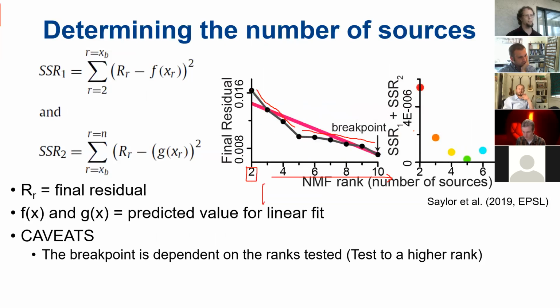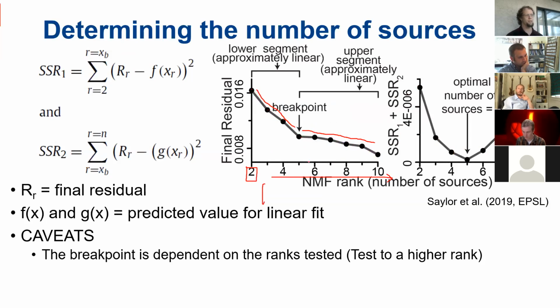When my breakpoint is at 3, that would be the sum of squared residuals for that segmented linear regression. When the breakpoint is at 4, that would be the sum of squared residuals for that breakpoint, etc. And when you get 2 linear fits that fit well, you minimize the sum of squared residuals,